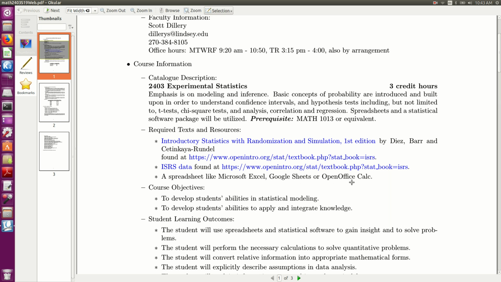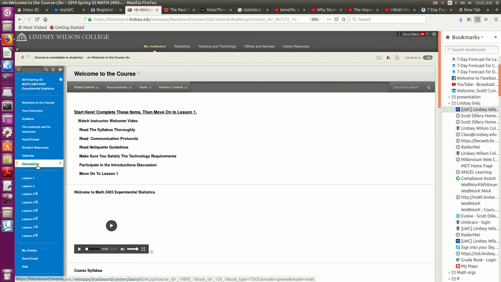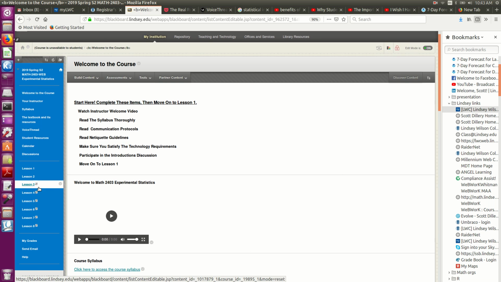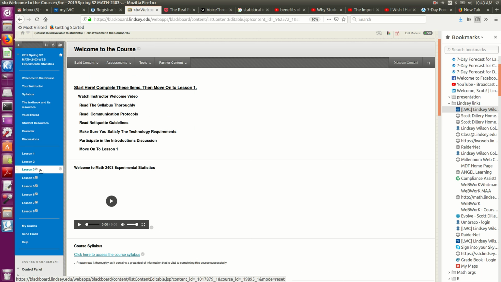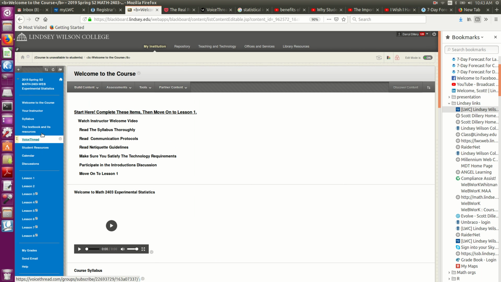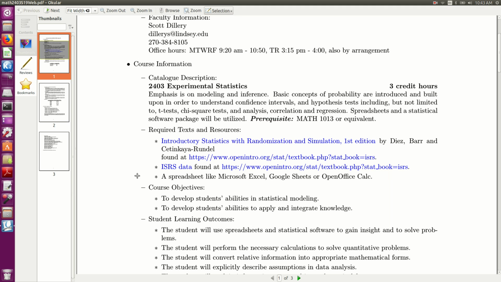OpenOffice is a free office suite, so you can get a word processor, something called Impress. It's like PowerPoint. Calc, it's like Excel. And again, back here on our page, I believe, let's see, no, I don't see a link. I'll have to add a link to OpenOffice where you could pick that up to download it. Going back to the syllabus,